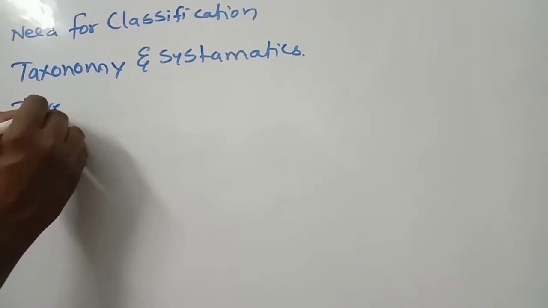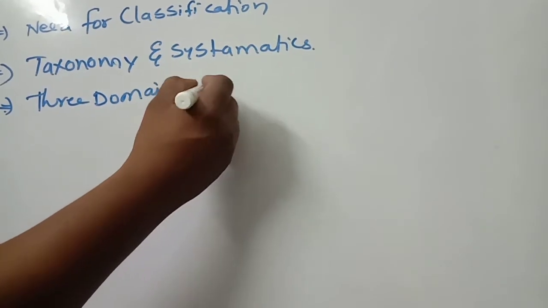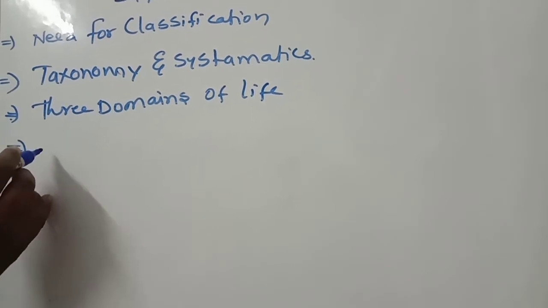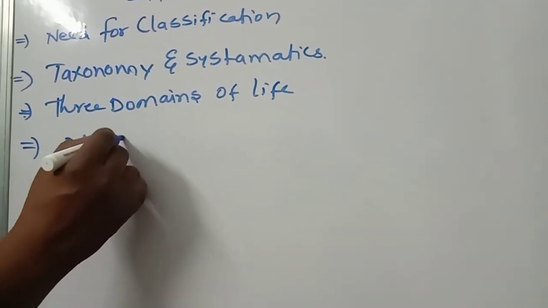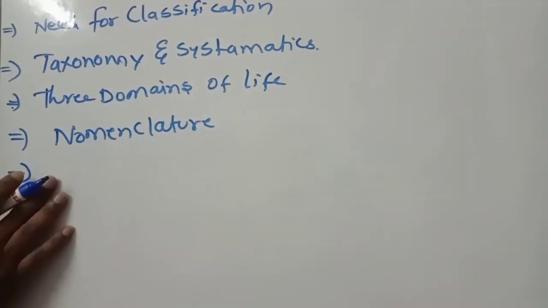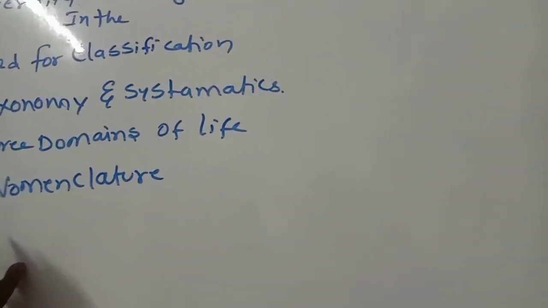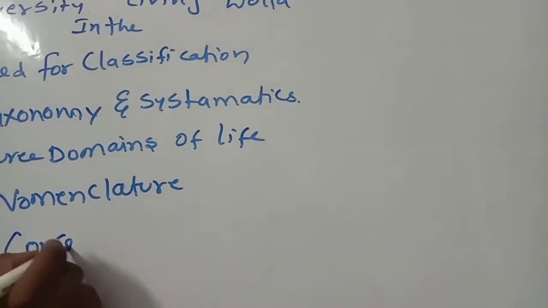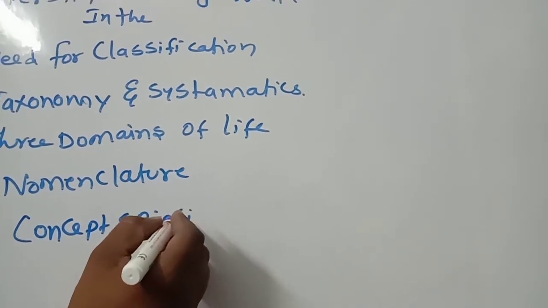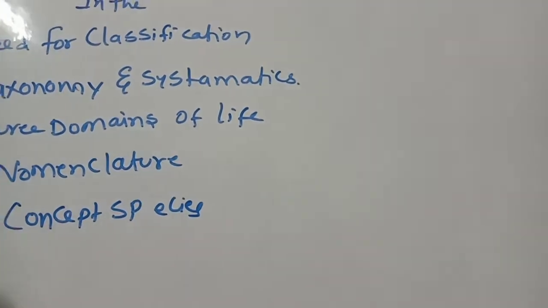Next, Carl Woese's three domain concept. What are the three domains? You know very well, three domains of life: Archaea, Bacteria and Eukarya. That we discussed. Then we discussed nomenclature, the naming of animals, naming of birds, and rules and regulations of nomenclature. Which language they use for identification of names, that we discussed. Then the concept of the species. Different scientists wrote about the species in different books. That also we discussed. So this is a point you should remember.